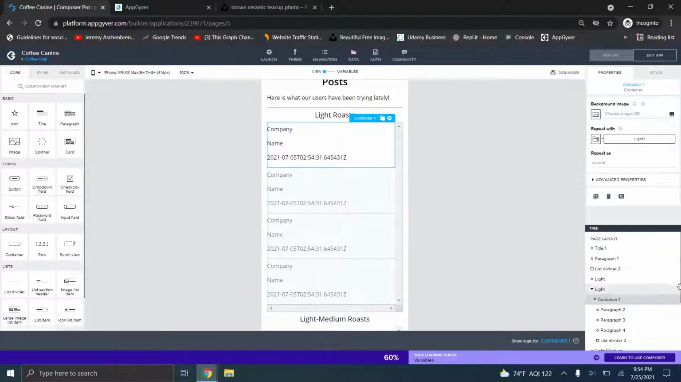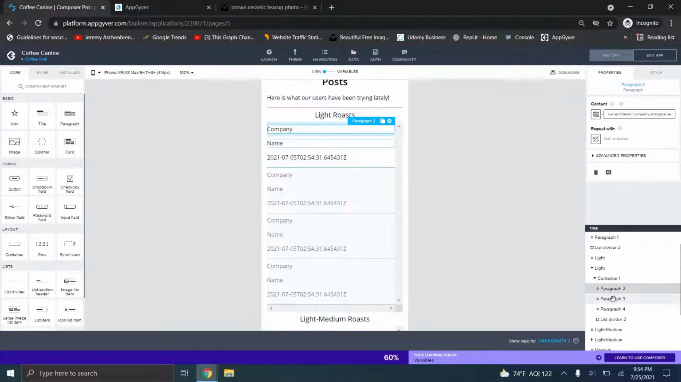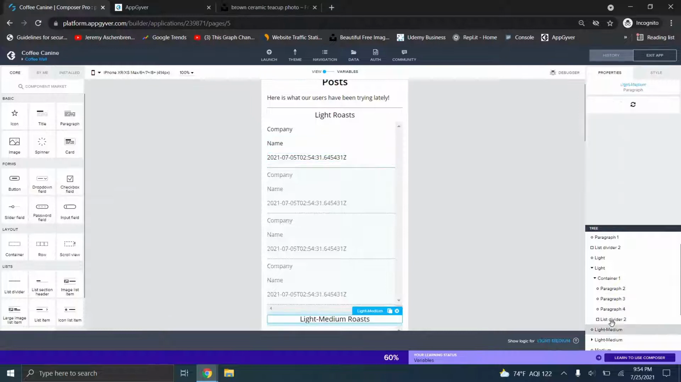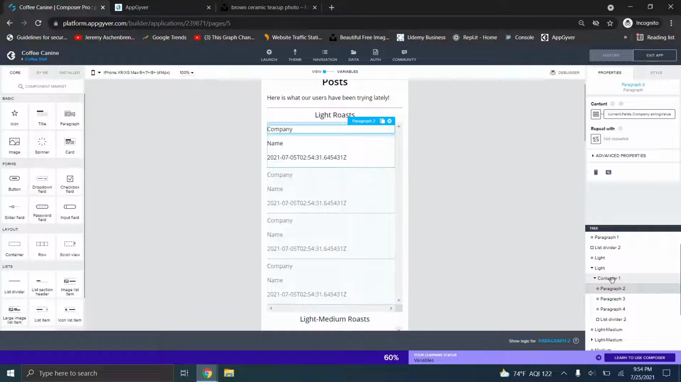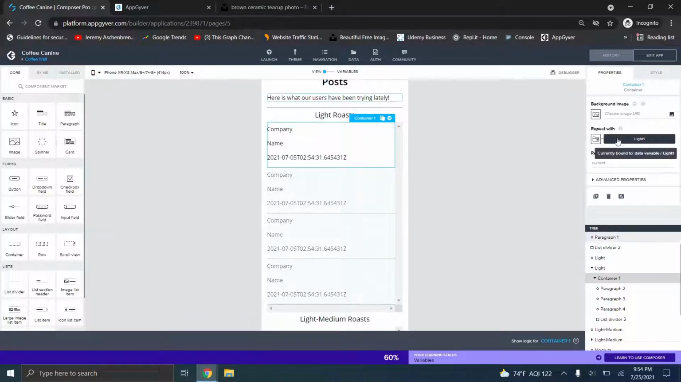And then you're going to drag over a couple items within that container. So I have a paragraph, a paragraph, a paragraph, and a divider. So once you've added those in, this is exactly like we did in the previous video where we created the forum. You're just going to drag in the container and those paragraphs, and then on that container, you're going to decide what it repeats with. So for this, we're going to have to add in data resources for everything we've already